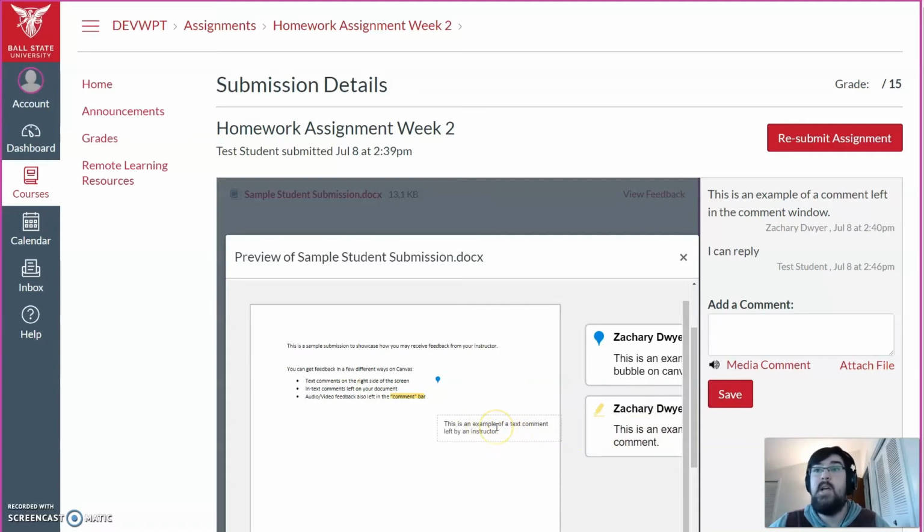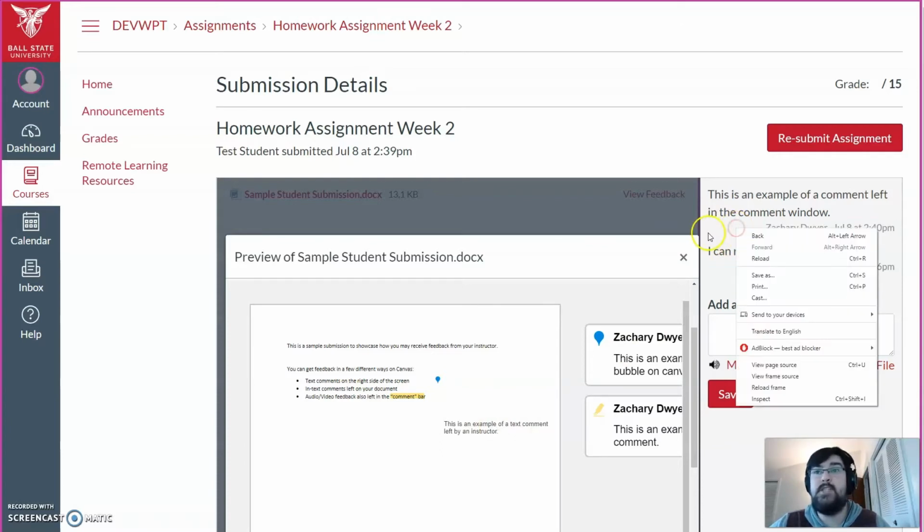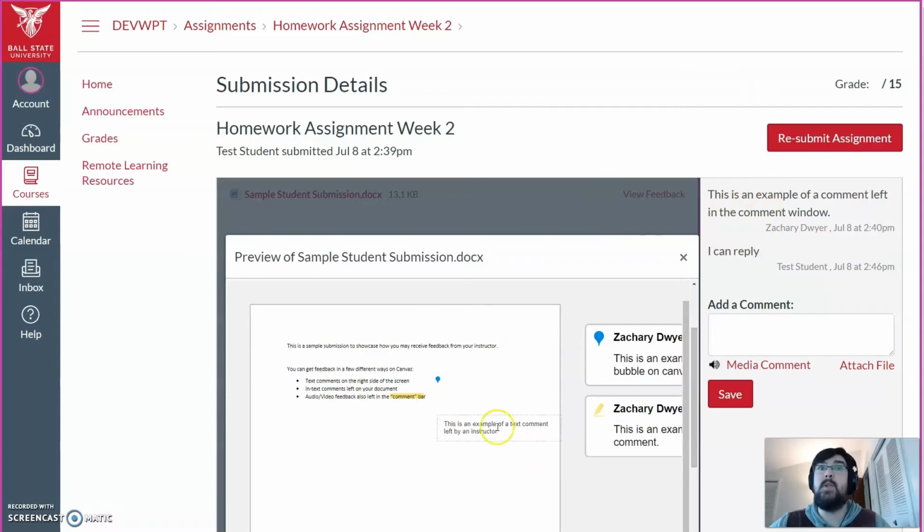As I said already, you have this sort of correspondence window that you can talk to your instructor, ask them questions, but this is sort of what the in-text feedback will look like. Those are in terms of feedback on your project, what you might get. Let's switch over to the instructor view so that I can show you how to edit your profile and receive feedback immediately to your text or to your email.